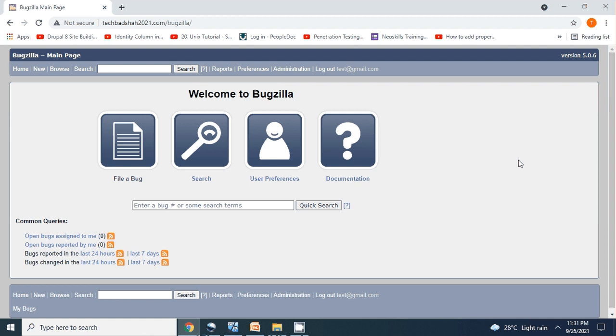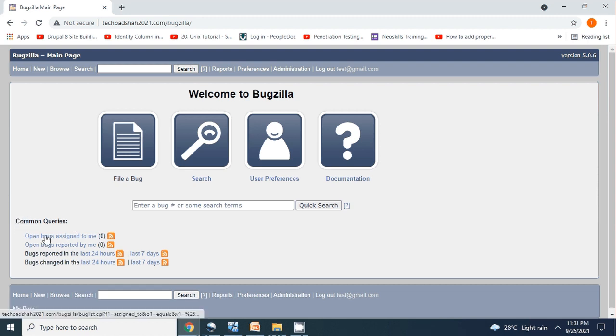Okay, since we have successfully completed our parameters page, whatever basic parameters that Bugzilla was looking for, those parameters have been set. This is why you are able to see the dashboard like file bug, search, user preferences, and documentation, and a quick search option here.